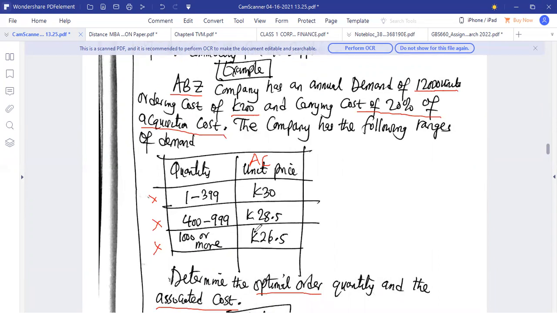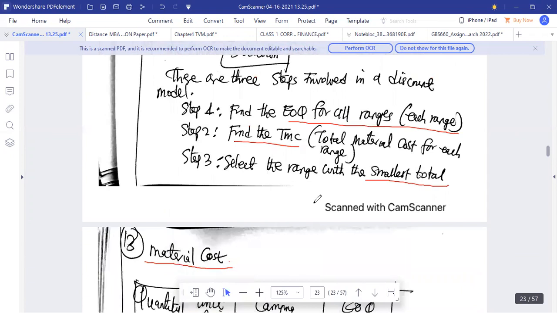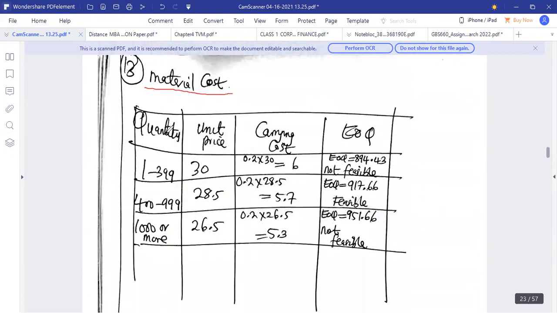As I buy so many units, what's the price? So you would want to take advantage of that discount. Now we get to the quantity. Then you find the unit price is 30. The current cost